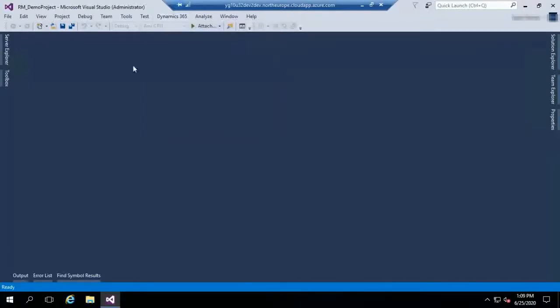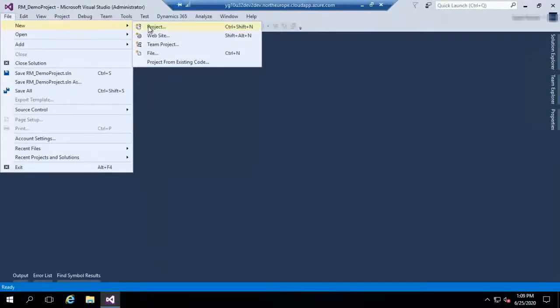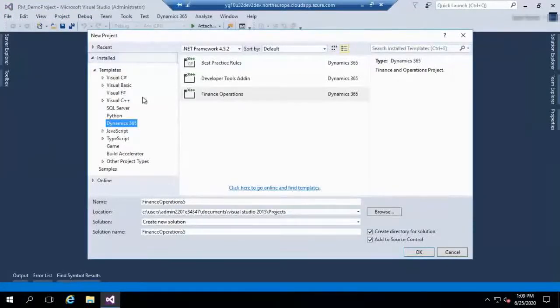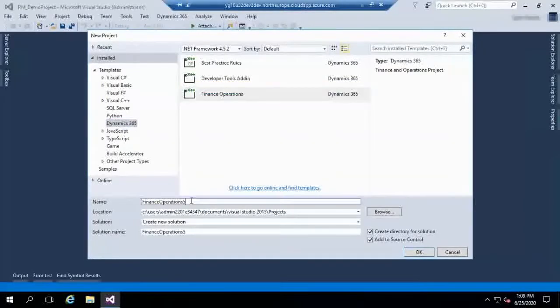I will create a sample project today. New project. Okay. So if you want to create a new project, on the left side click Dynamics 365, and here we have to click Finance and Operations and give the project name.